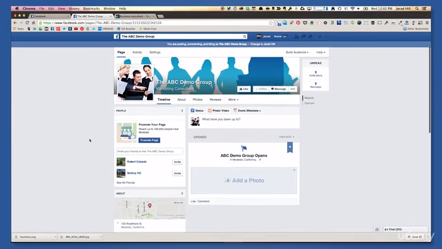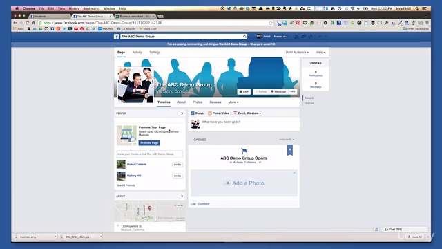So there are a couple of different ways that you could post content to your Facebook page. You can post a status, you could post a photo or video, or you can post an event or milestone. Now, with statuses and photos and videos, when you post them, they go live on that date that you posted them or a date in the future. There's no way to post past information in a status or a photo video status update. You can change the date of the photo when it was taken or of the video when it was created, but that information is going to be tagged with the date and time that you uploaded it.